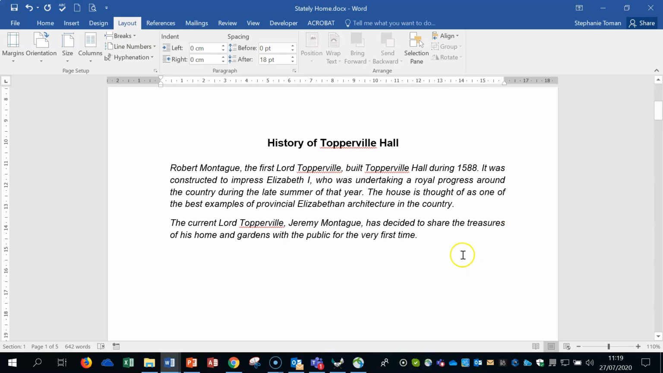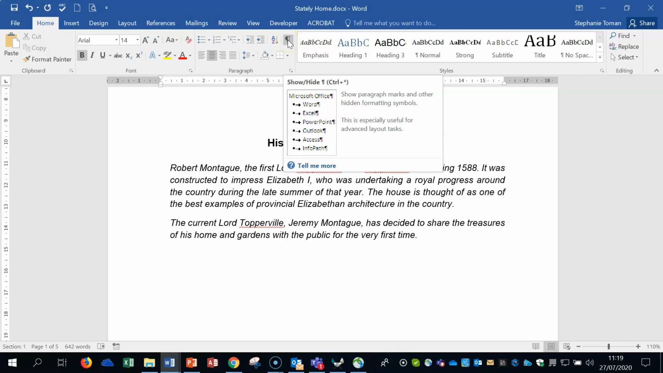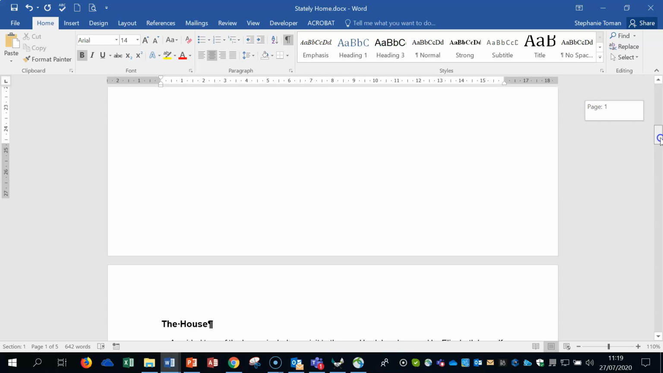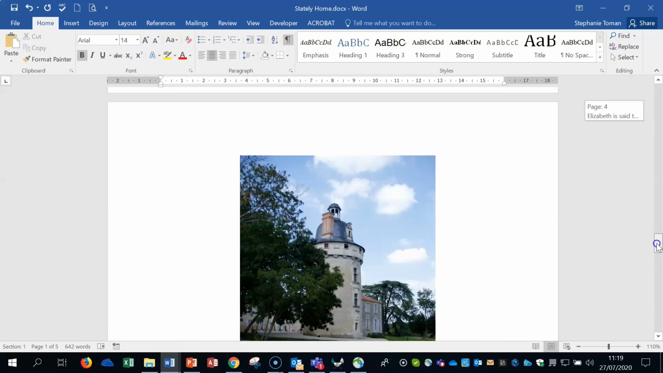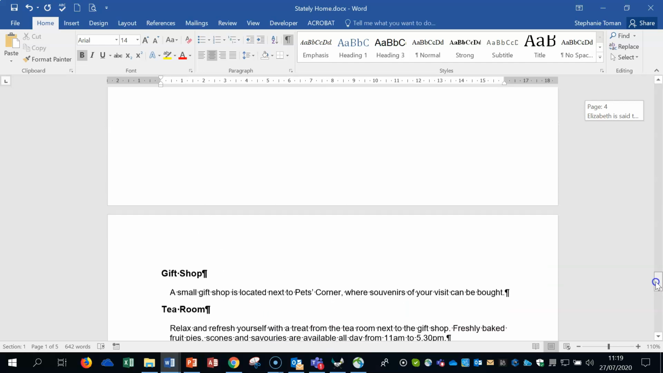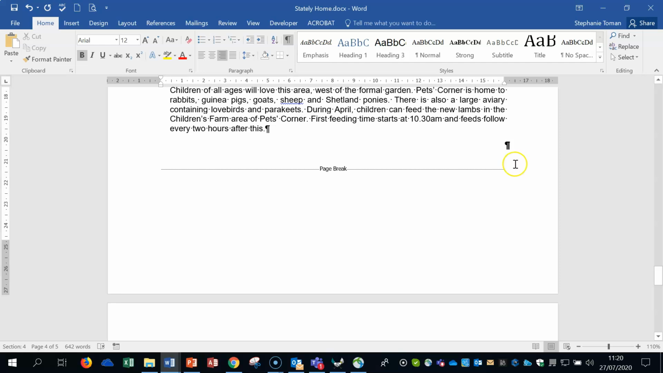OK, so the next part of the question is asking us to delete a page break before the gift shop heading. So in order to see a page break, back to your home tab, remember we have to use the show and hide. So click on the show and hide, scroll down our document so we can see the gift shop heading, there's that page break. Now remember, if you click in front of it, you're going to be using the delete key. If you click at the end of it, which it won't let us do,